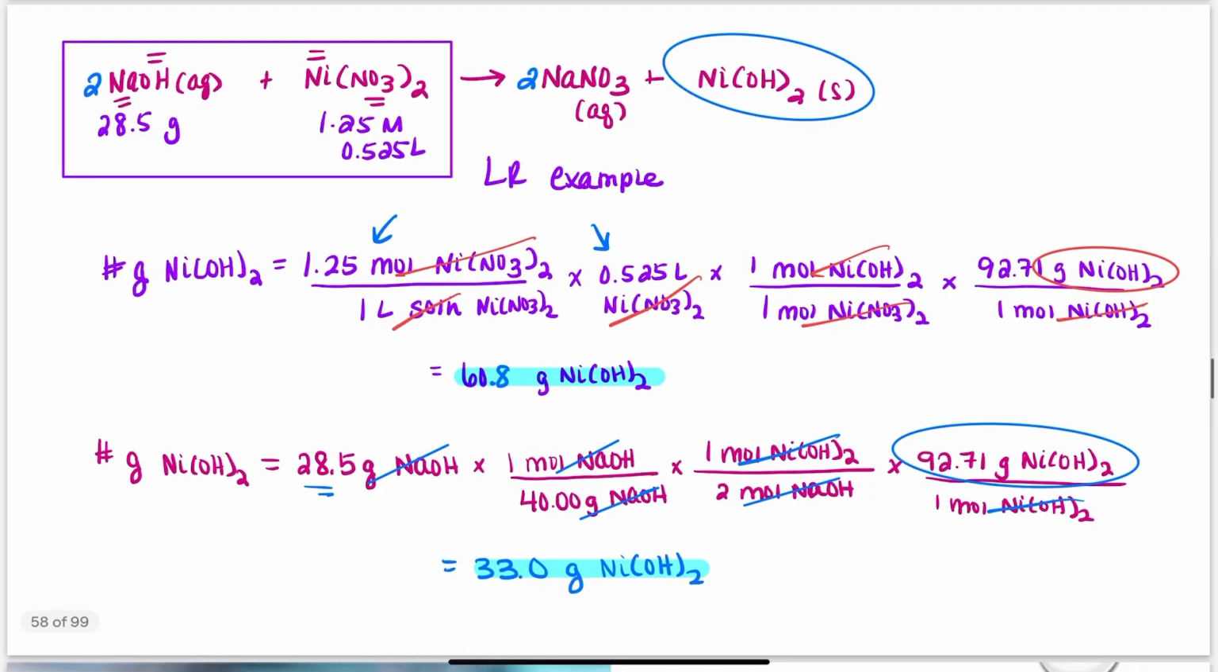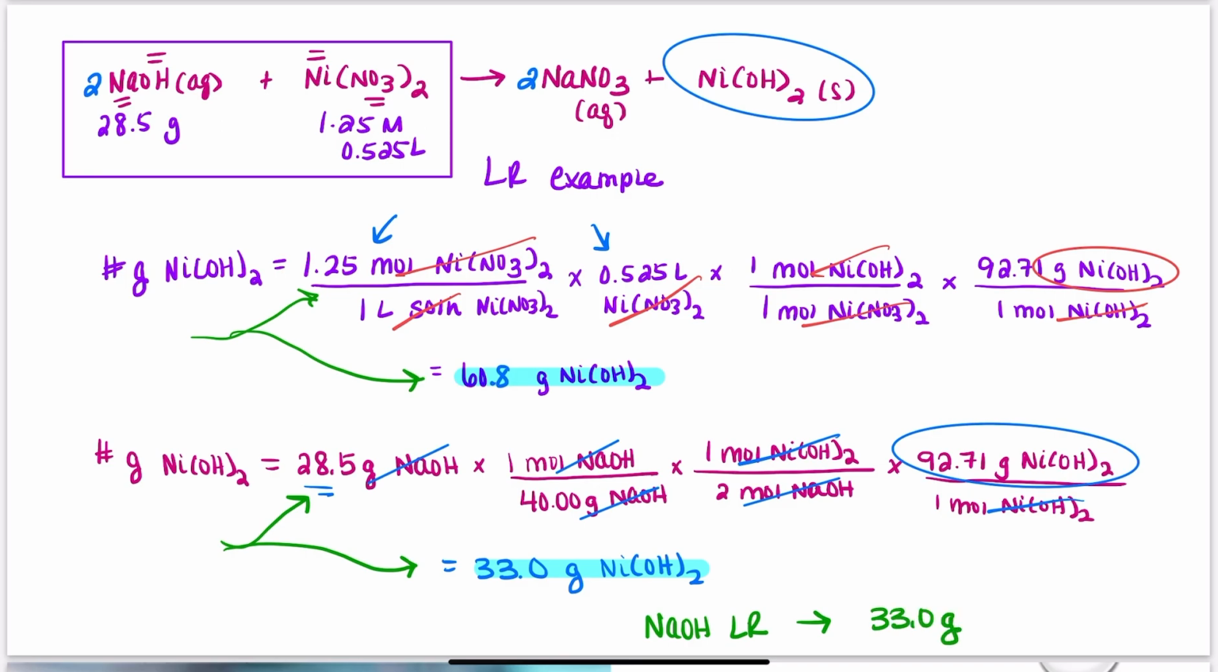This first one is telling me that if I use up all of my nickel 2 nitrate, I could produce 60.8 grams of nickel 2 hydroxide. This one's telling me if I use up all of my sodium hydroxide, I can only produce 33 grams of nickel 2 hydroxide. So therefore, NaOH was my limiting reactant. And to answer the question, I can only produce 33 grams of the nickel 2 hydroxide. And that's because that sodium hydroxide is going to run out